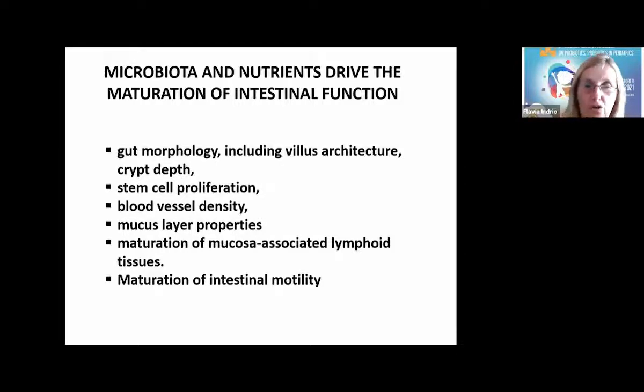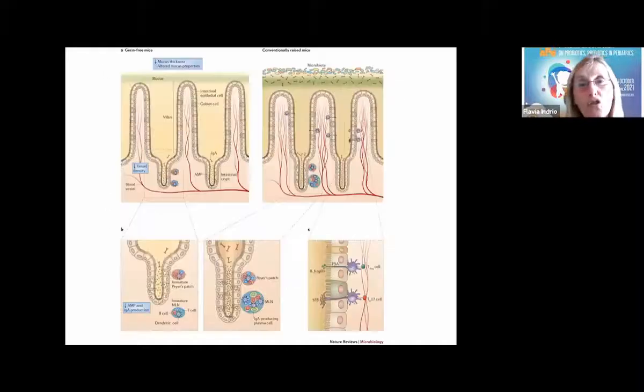And of course, the maturation of intestinal motility. Of course, there are a lot of papers. Generally, these scientific papers are performed in germ-free rats, in animals, because it's extremely difficult, you can imagine, to perform the study in preterm infants. On the top of this slide, you can see the different vessel density related to different colonization. So if we have germ-free mice, then we have a very poor